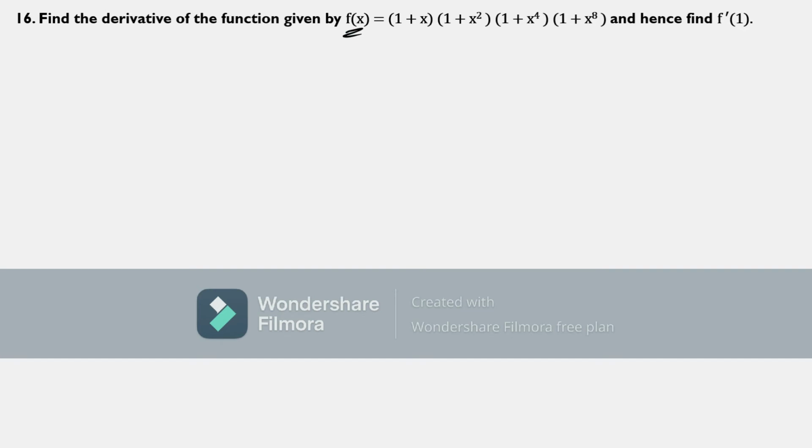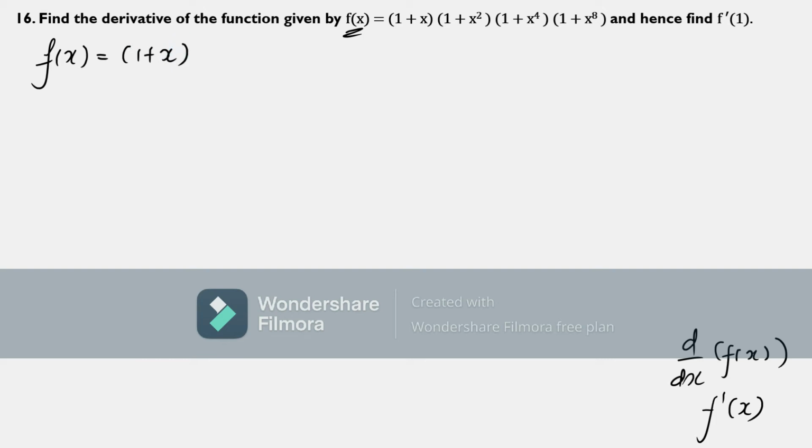If your f(x) is y, that means dy by dx. Here we will find d by dx of f(x). That means the same thing, whatever we have to find, we used to find that only. Sometimes we mention it as f dash x, and d by dx of f(x). Both are the same thing. Let us write down the function first, and let's try to differentiate.